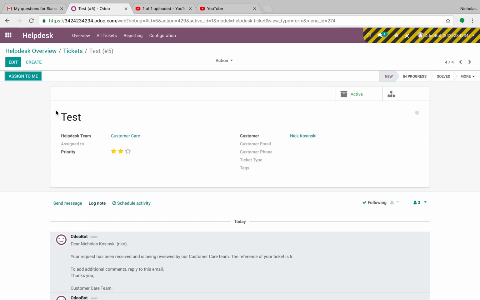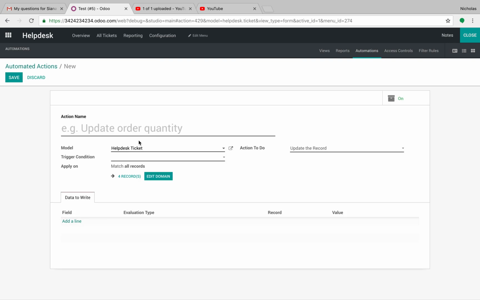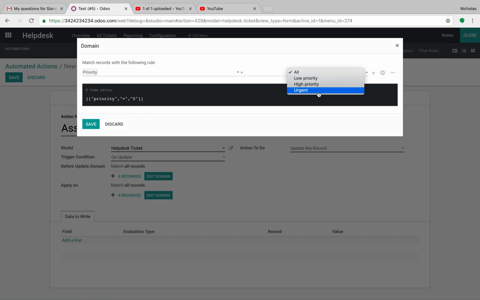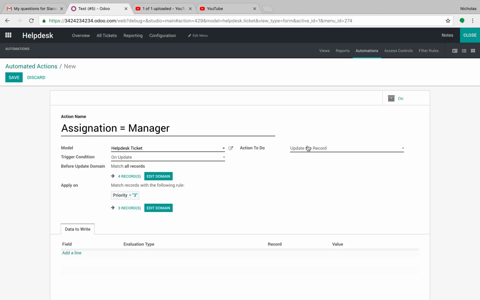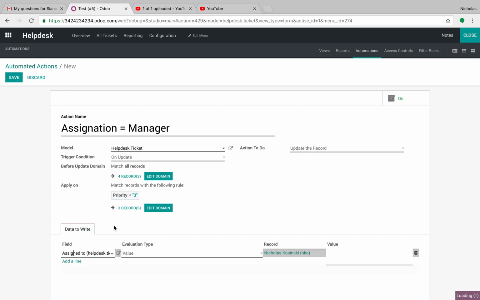across the entire system. Another example is, let's say if the priority is set, I also want to assign it immediately to a manager. And let's do this. Assignation equals manager. Trigger condition is on update. On update, if the help desk ticket priority field is equal to urgent, then update the record and assign the assigned to field to, you could choose to use it, right? Nicholas